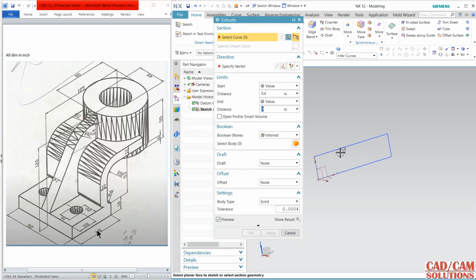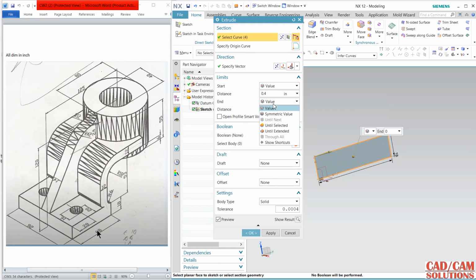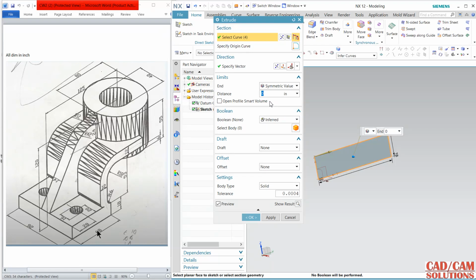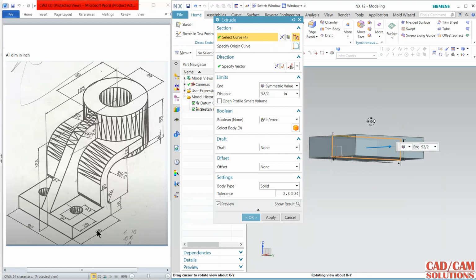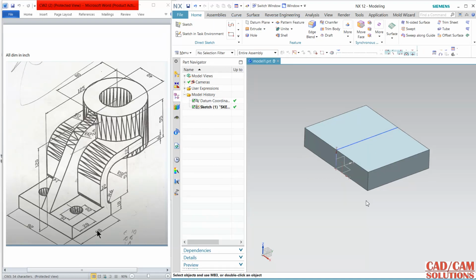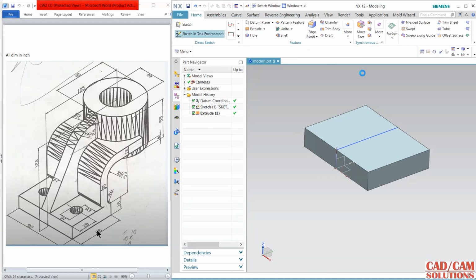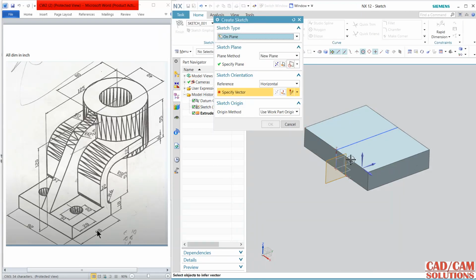Extrude. Select it and 92, and half of 92 is used, so symmetric, 92 divided by 2, and okay. Next, again the same plane